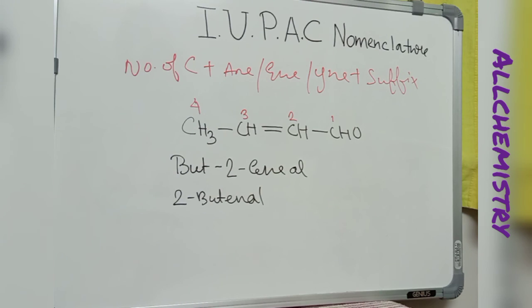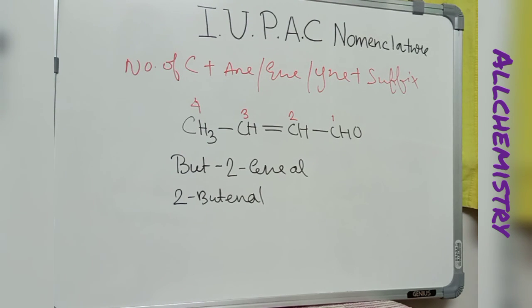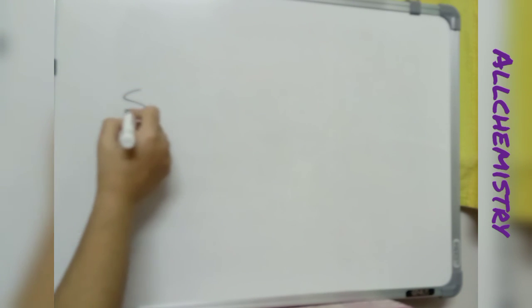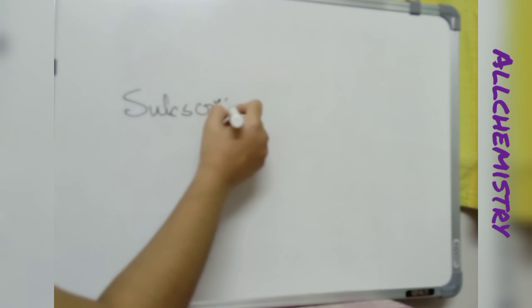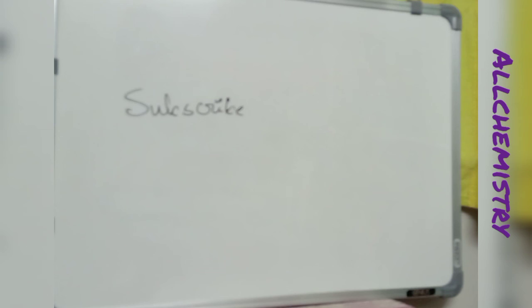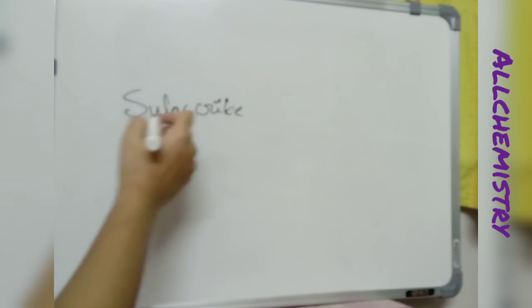So this was my nomenclature topic, and in my next video I will tell you about the nomenclature of heteronuclear molecules. So that is it for basic organic chemistry. I will tell you about heteronuclear molecule nomenclature in my next video, and I am continuing the undergraduate syllabus